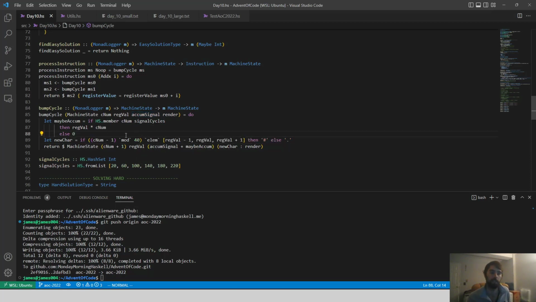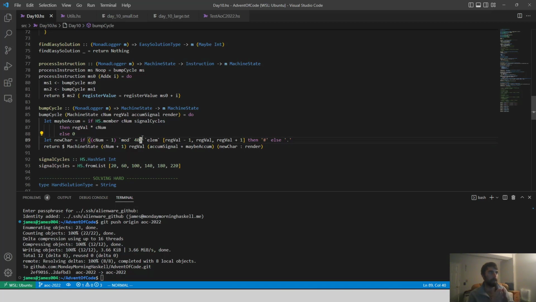And then for the second part, this is where our logic is really going to happen for rendering our string. We're either doing the light bit with the hashtag, or the dark bit with a period, and we're just appending that new character to the render. This is all the logic that really goes into determining that. We take the current register value and that -1, +1, and we compare it with this value. This value, we take mod 40 because